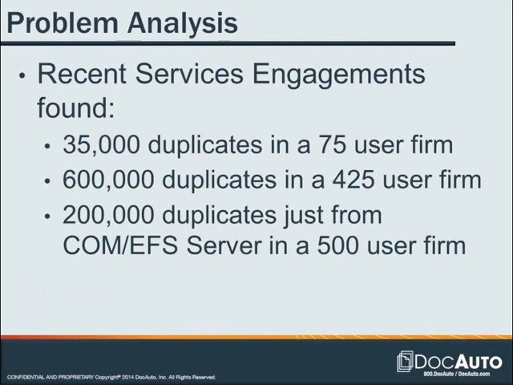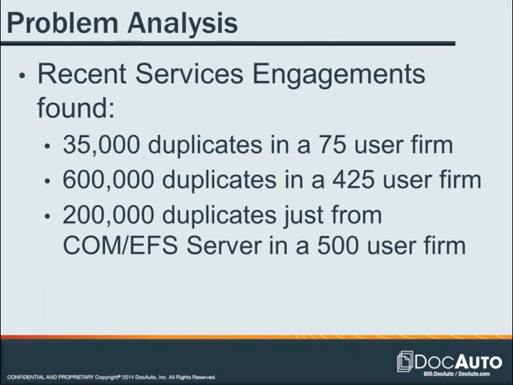So running that kind of query, and again with modifications, we can expand that to different scopes, the same workspace, the same database, and so on. Adding additional cross-referencing metadata to isolate content by author, by how it was created, by client matter, whatever it is. So 35,000 duplicates in a 75 user firm, 600,000 in a 425 user firm, and then 200,000 in a 500